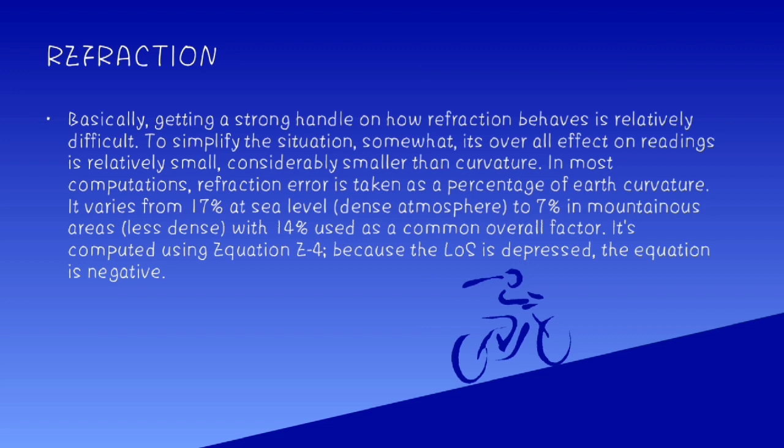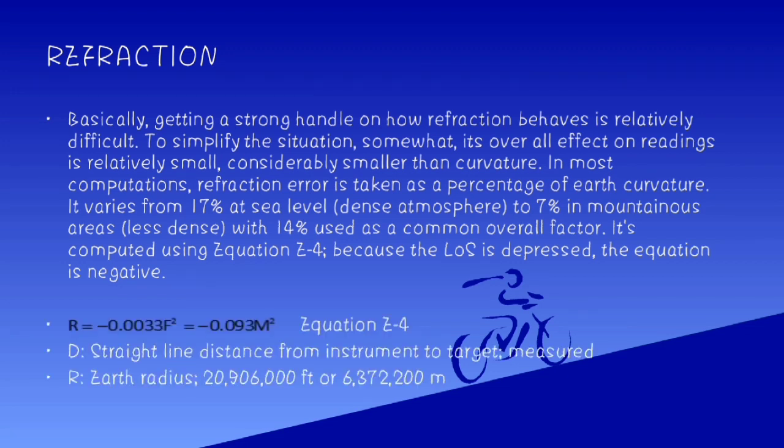In most computations, refraction error is taken as a percentage of Earth curvature. It varies from 17% at sea level, which is dense atmosphere, to 7% in mountainous areas, less dense, with 14% used as a common overall factor. It's computed using equation 4. Because line of sight is depressed, the equation is negative. So our equation 4 is r equals negative 0.0033 times F squared, which equals